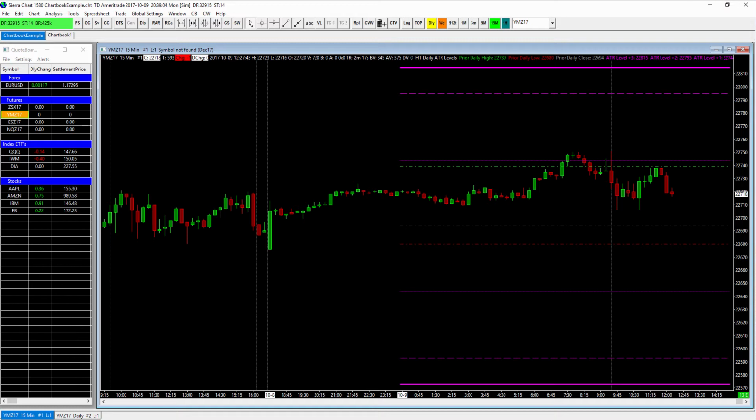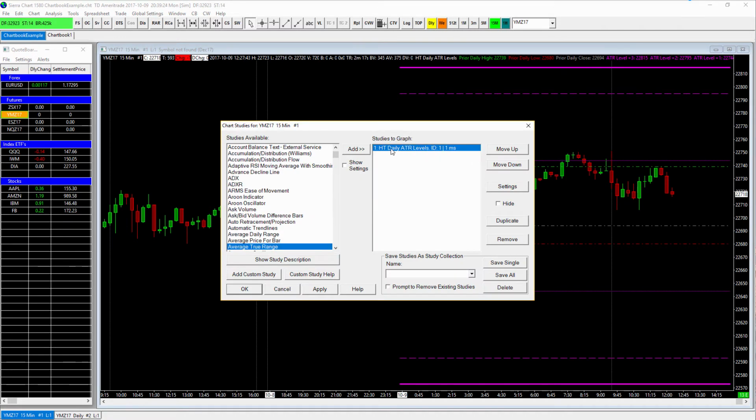So you're going to see these lines extend out to the left, and we'll probably have to draw this into maybe an hourly chart so that you can get a good view of how the price reacts to these different levels day after day after day. Okay, so let's go ahead and set that up. We'll go ahead and right click and select Studies, and you can see I've already got that study highlighted. We'll go to Settings,